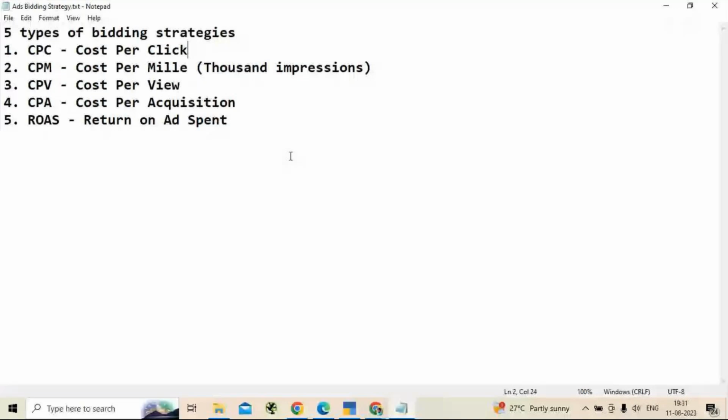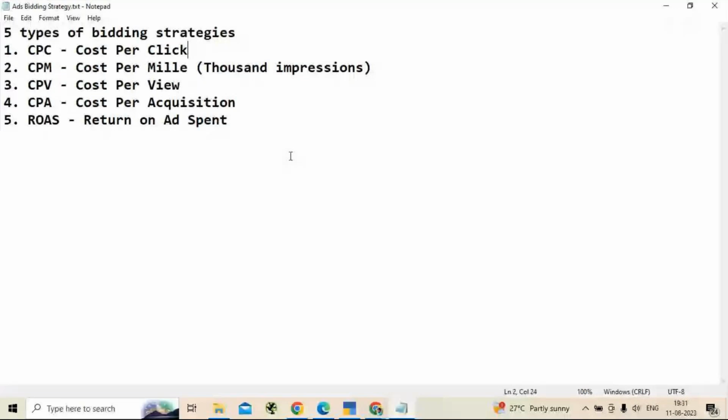If that person has chosen click as their bidding strategy, then until that ad is clicked, it is not going to be charged.